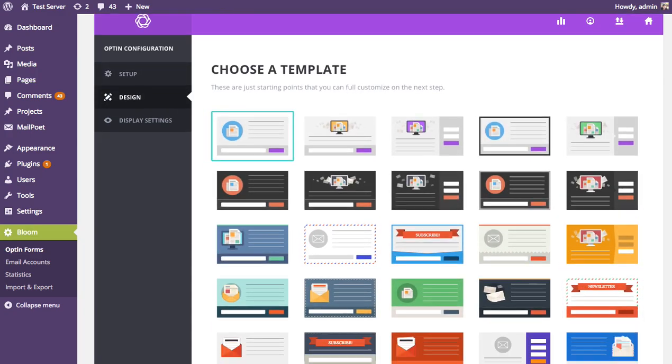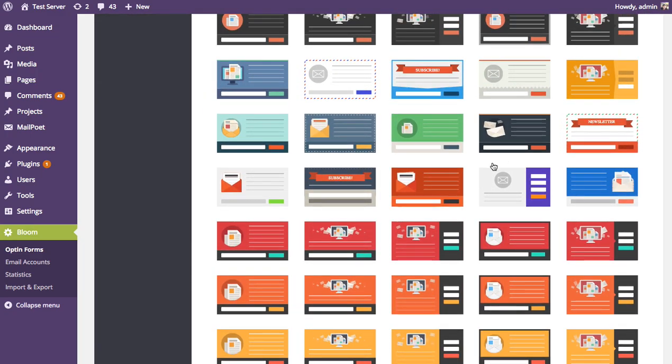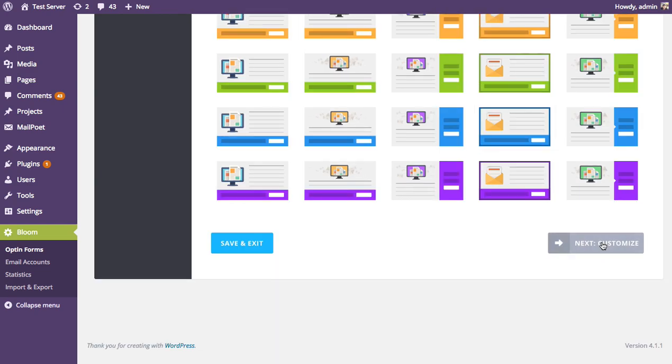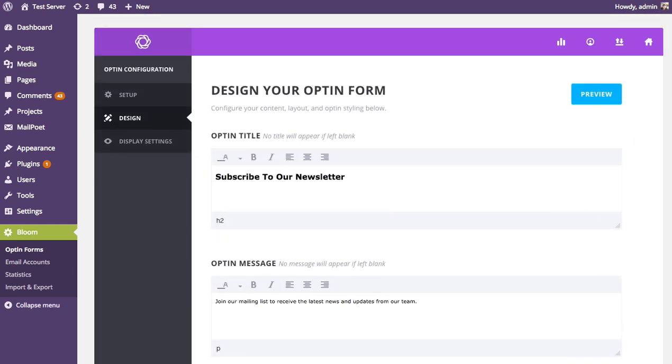I'm going to go through the design settings. I'm going to select my template. And I'm not going to go over these settings in detail because we have a different tutorial for that. So if you want to learn more about the design settings, head over to our design settings tutorial. All I'm going to do for this one is just use the pre-made layout, and I'm going